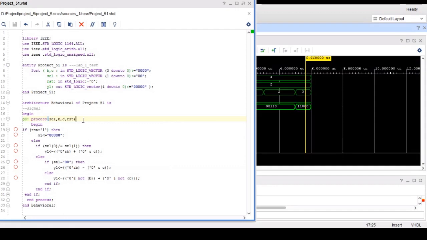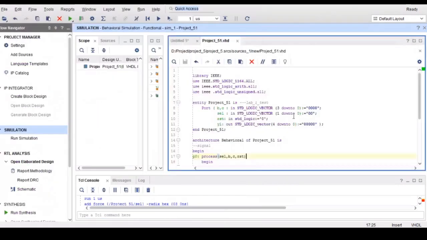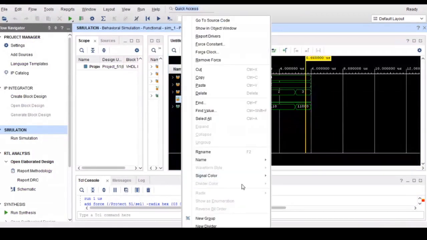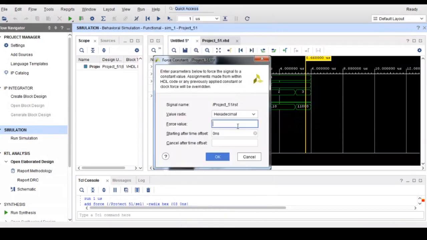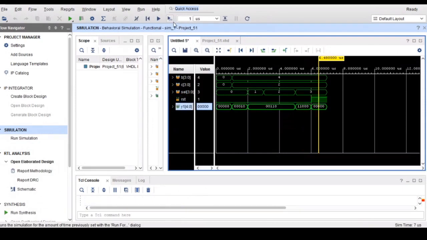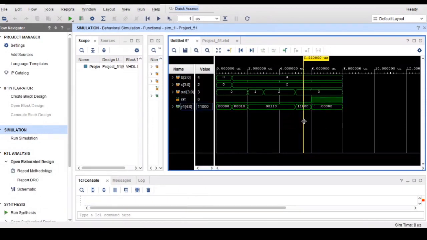That is the first condition. So whenever RST goes to 1, Y1 will be 0. Just you see the simulation result. See here, earlier the value of Y1 is 1100, then 011 and so on. When I make reset equal to 1, immediately Y1 is refreshed.